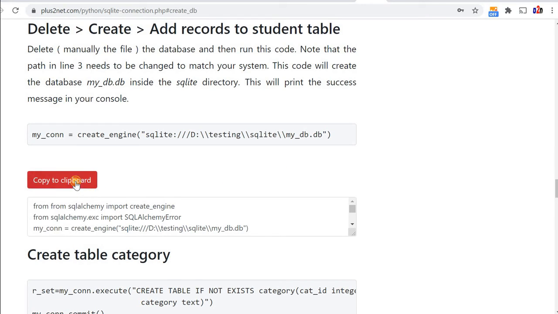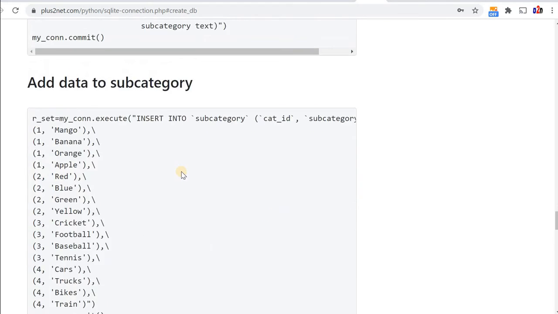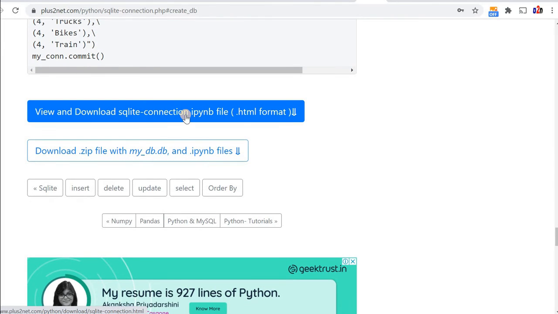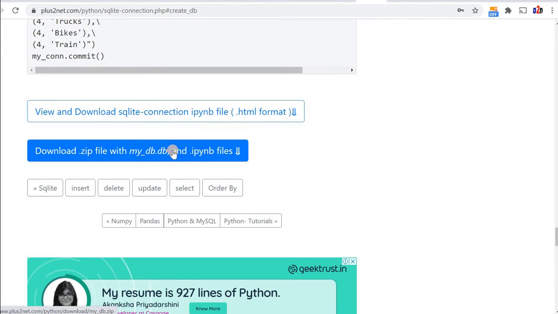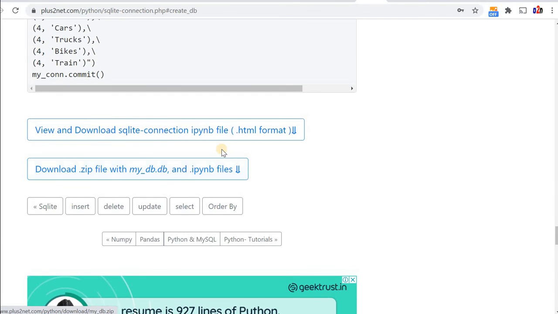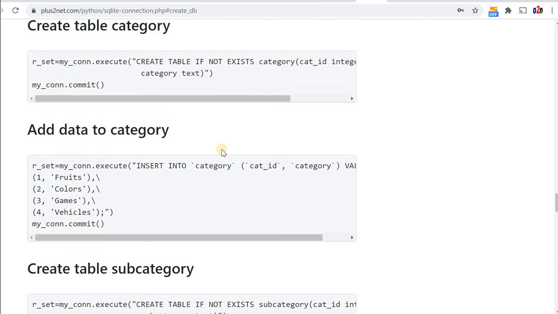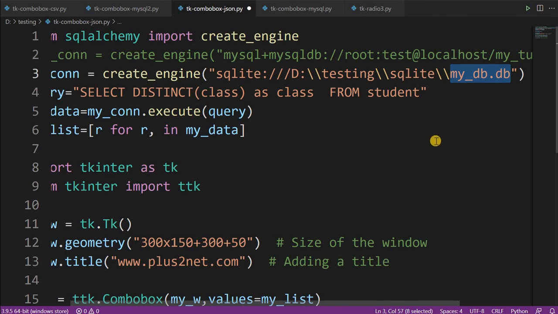So you can just copy this and run it, or you can go down and download the zip file. Sorry, it is download zip file MyDB, all the details are there. You can download from here. Now if you run the code, don't forget that there also at line number 3 you have to change the path where you want to store it.